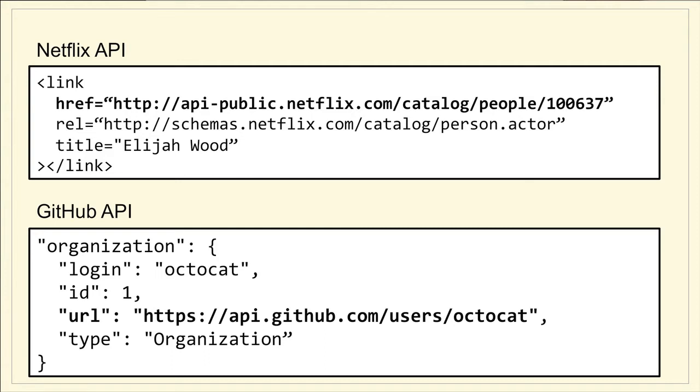If you look at Netflix's documentation, they'll say that person.actor is an actor in a film, and a title associated with that, Elijah Wood. If you look at the GitHub API, they were going for more of a Netflix API when they were in beta, but now they've changed it up a little bit. And under their organization is a URL. So if you look at a repository that belongs to an organization, you find the organization, it has a URL,